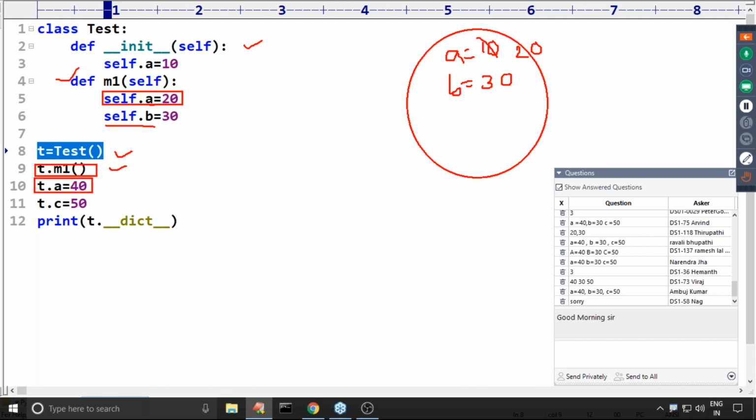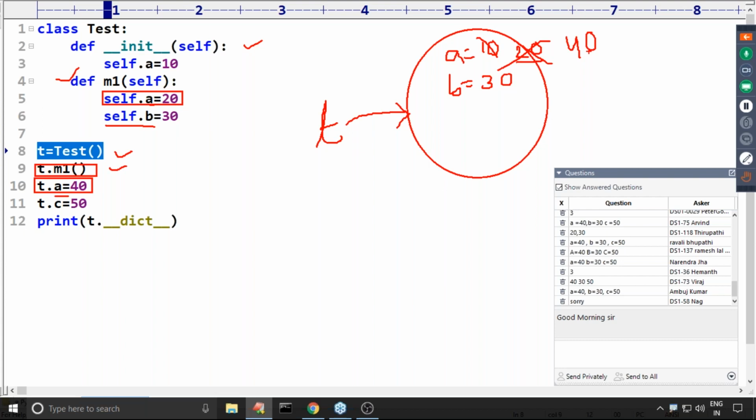Now t.a = 40. For this t object, check whether instance variable a is already there or not. Yes, already 20 is there, and that 20 will be replaced with 40. So if an instance variable is already there, the old value will be replaced with the new value.